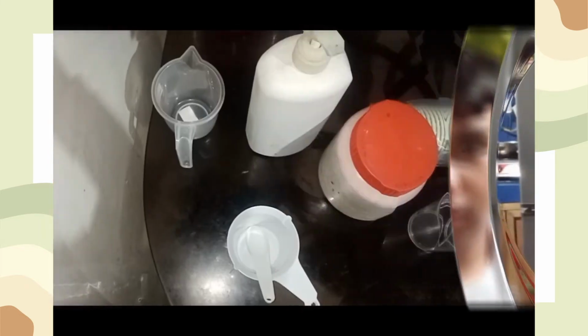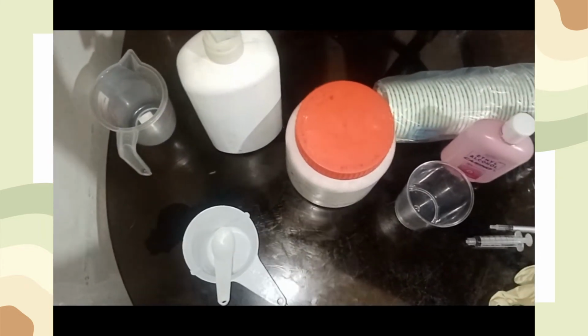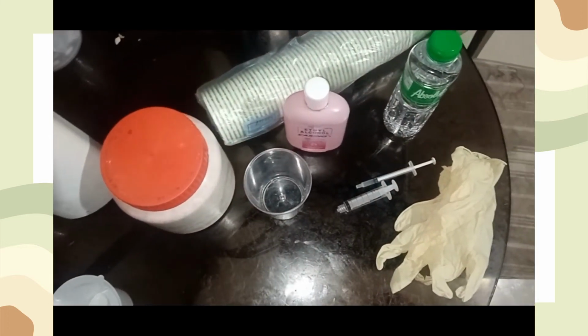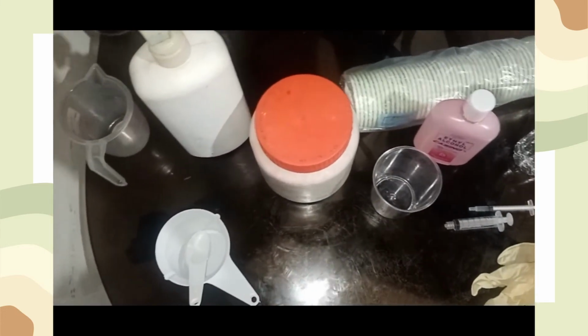So let's start. As you can see, we have here our materials for our experiment. We have here our beaker, scoop, sodium chloride, liquid dish soap, paper cup, alcohol, improvised test tube, improvised dropper, gloves,